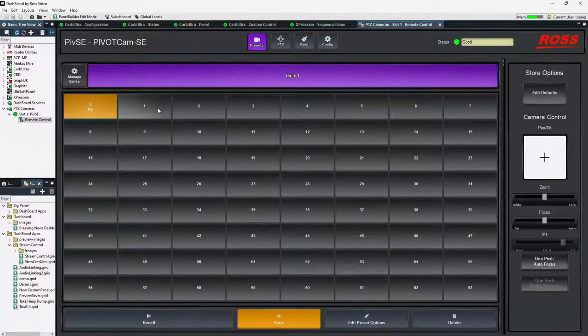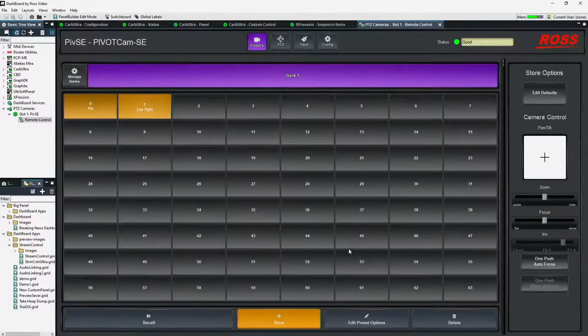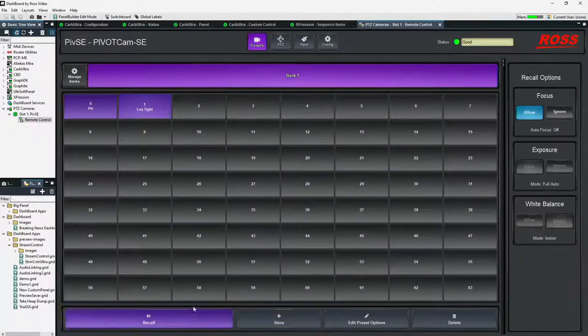And now we will store it, so I can see those. Now I can go to my recall. I can recall 0, I can recall 1. Where this now ties in with Ultra is when we head over to the config tab.